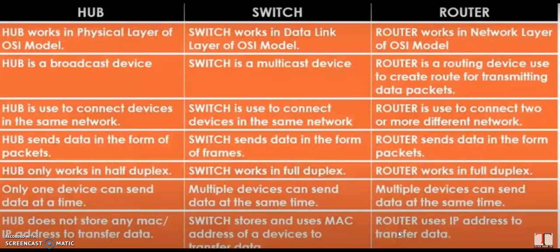The router, whenever it receives data from a new device, will record the IP address of that particular network in its table. And the same way, whenever it receives data from a new device, it will record the MAC address of that particular device in its table.